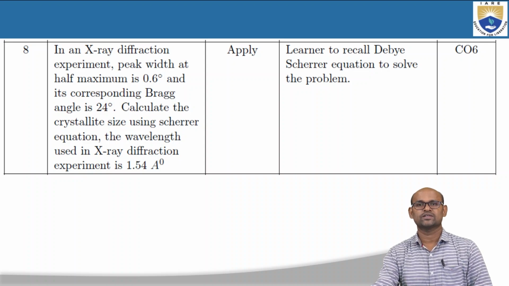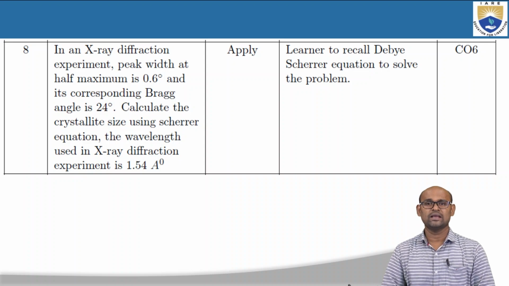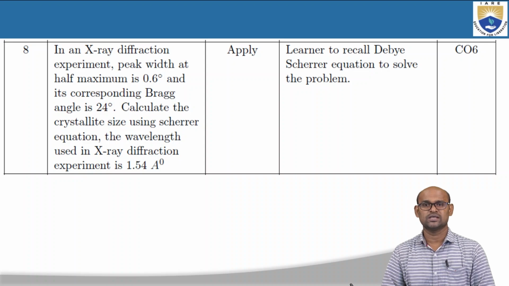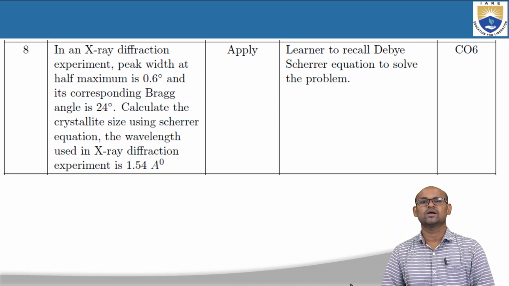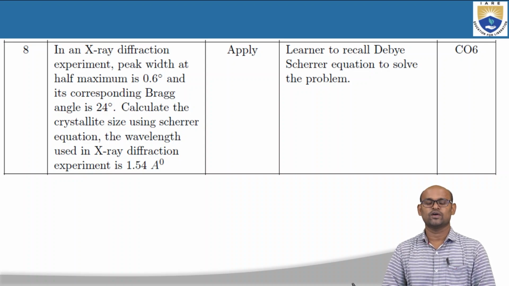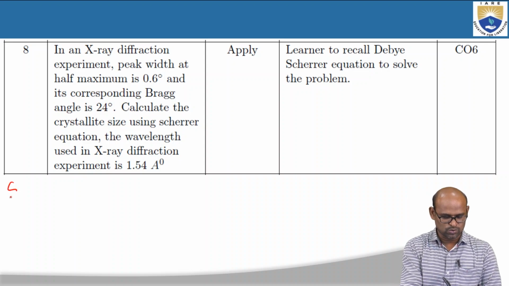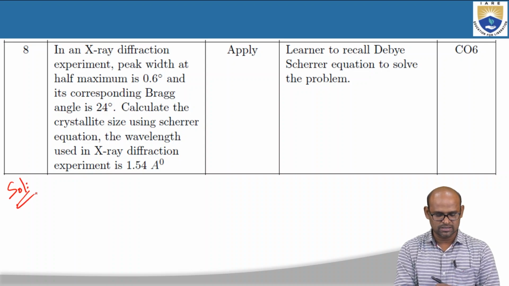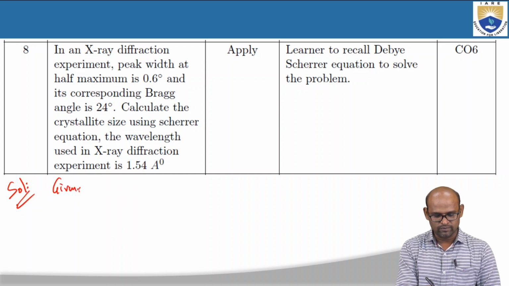In an X-ray diffraction experiment, peak width at half maximum is 0.6 degrees and its corresponding Bragg's angle is 24 degrees. Calculate the crystallite size using Scherrer's equation. The wavelength used in the X-ray diffraction experiment is 1.52 angstroms. So we need to calculate the crystallite size. So given is the full width at half maximum, which is 0.6 degree,